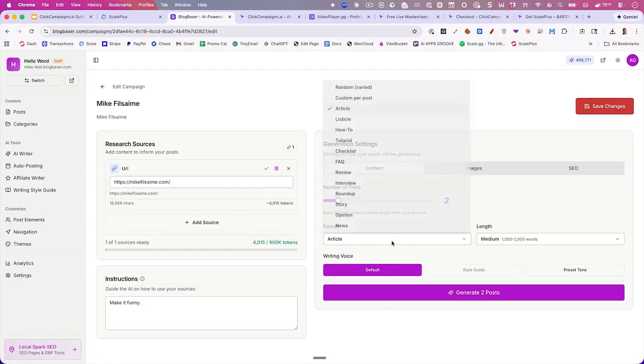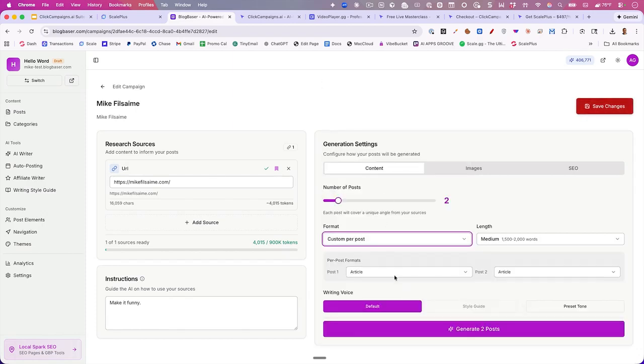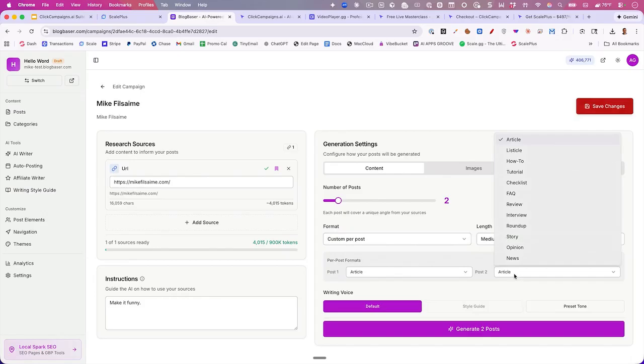An article? No, you can change it. You could say, make it random. Or you could say, I want a custom per post. Okay, well, in that case, you have to tell us. Post 1 is an article. Post 2, let's make it a story. All right, now, let me open this up right here